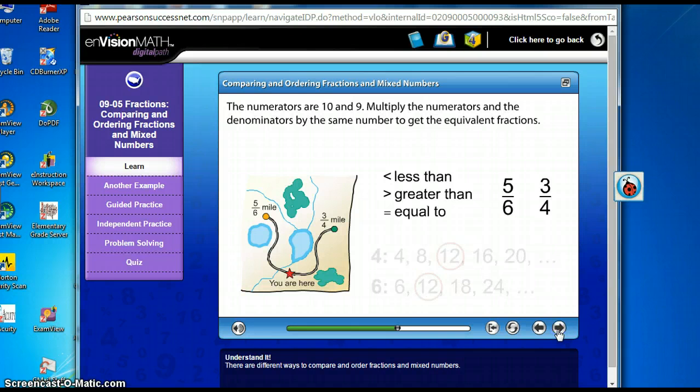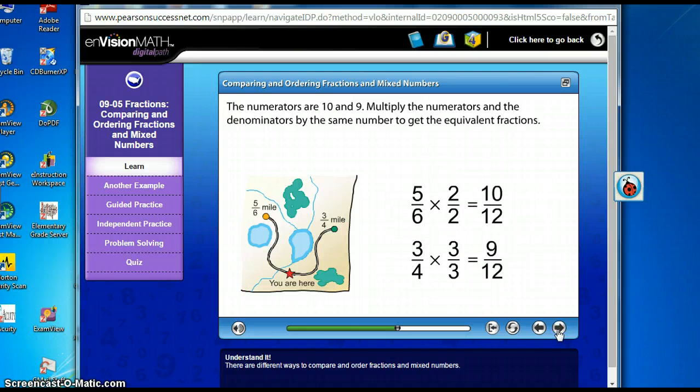The numerators are 10 and 9. Multiply the numerators and the denominators by the same number to get the equivalent fractions. What you do to the bottom, you have to do to the top. So when you take 6 times 2 to get 12, you're also going to take 5 times 2. Take your numerator times that exact same number. That's how they got 10. To get 12 for 4, they have to multiply it times 3, so they're going to take the numerator times